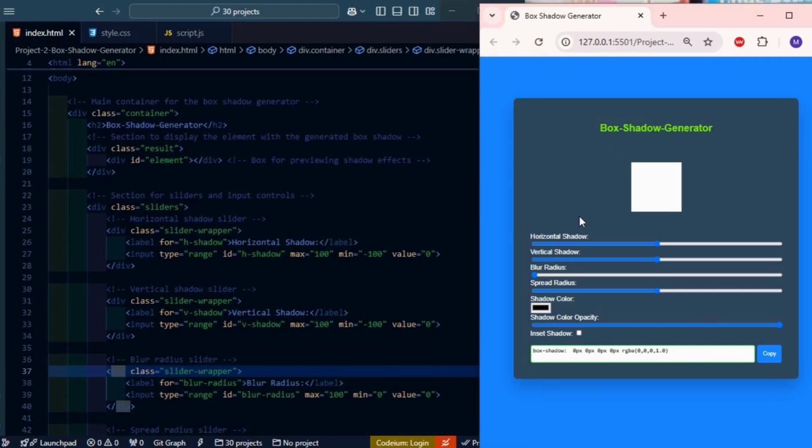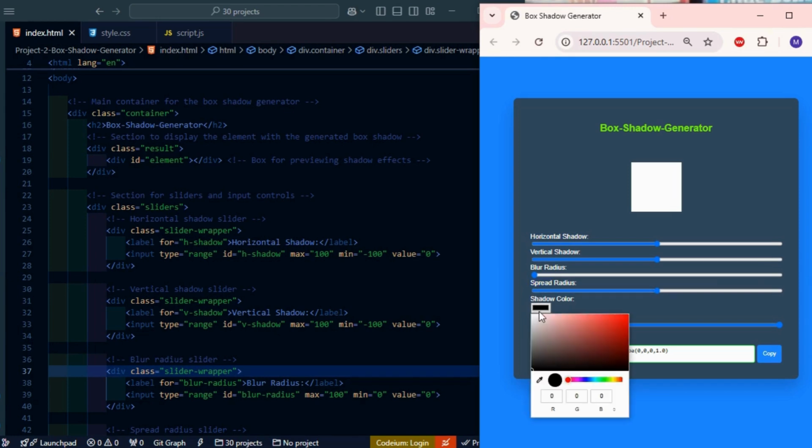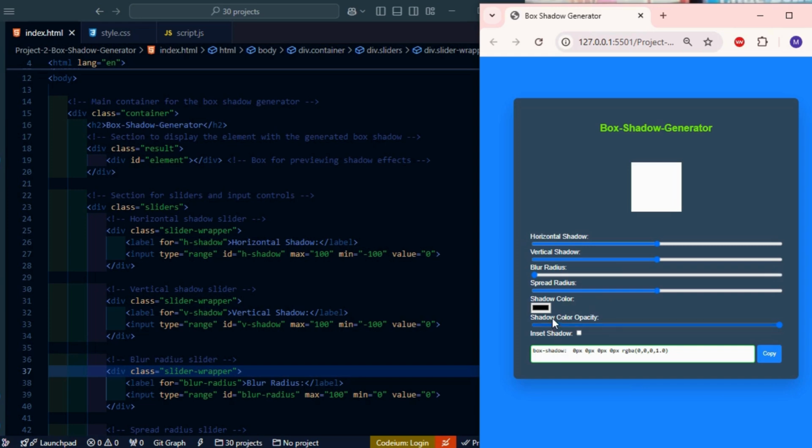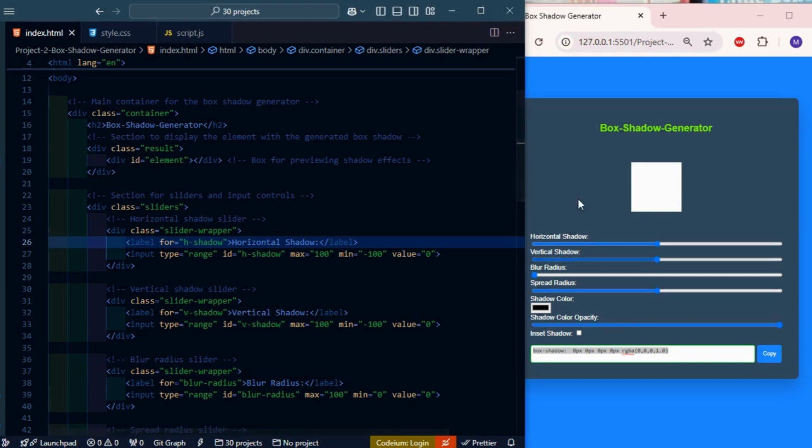So in this box shadow generator, I will use horizontal shadow, vertical shadow, blur radius, spread radius, shadow color, shadow color opacity, and inset shadow. I will take one textarea box to show the value of the box shadow, and come to the horizontal shadow. So horizontal shadow is this one. I will take one div tag with the class slider wrapper,